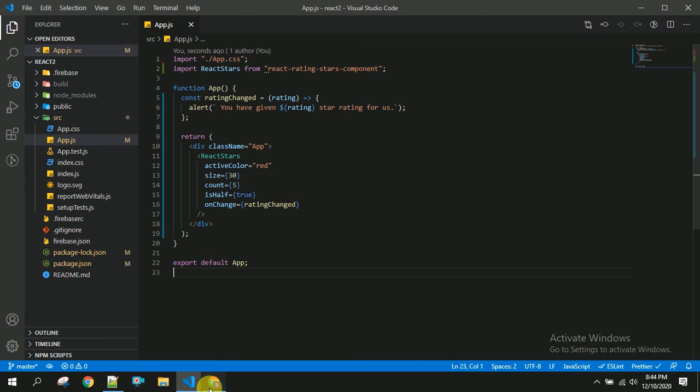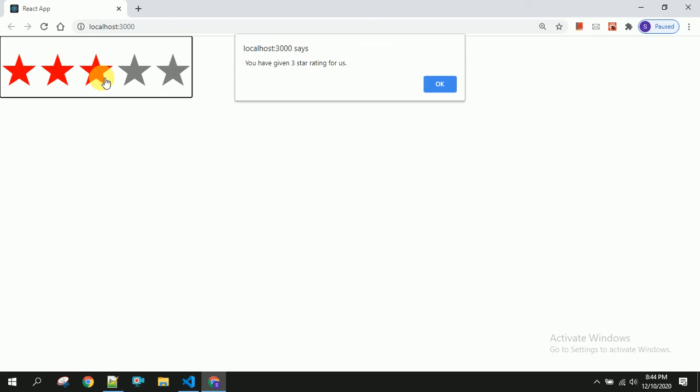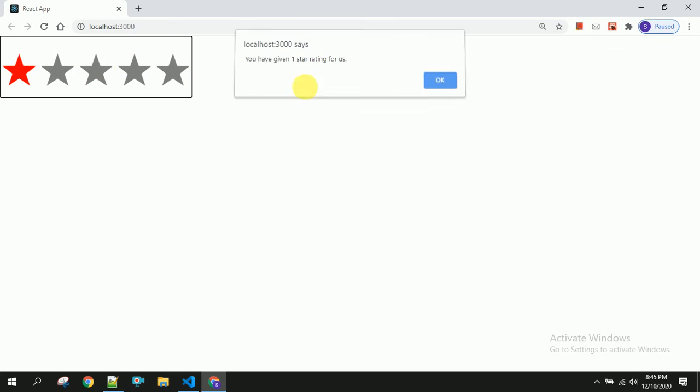Yeah, let us see whether it's working or not. Yeah, you can see the changes, and once I give 3-star rating, you will be able to see you have given 3-star rating for us. And once I click on OK, and if I change this to 3.5, you can see 3.5, 5 and 1.